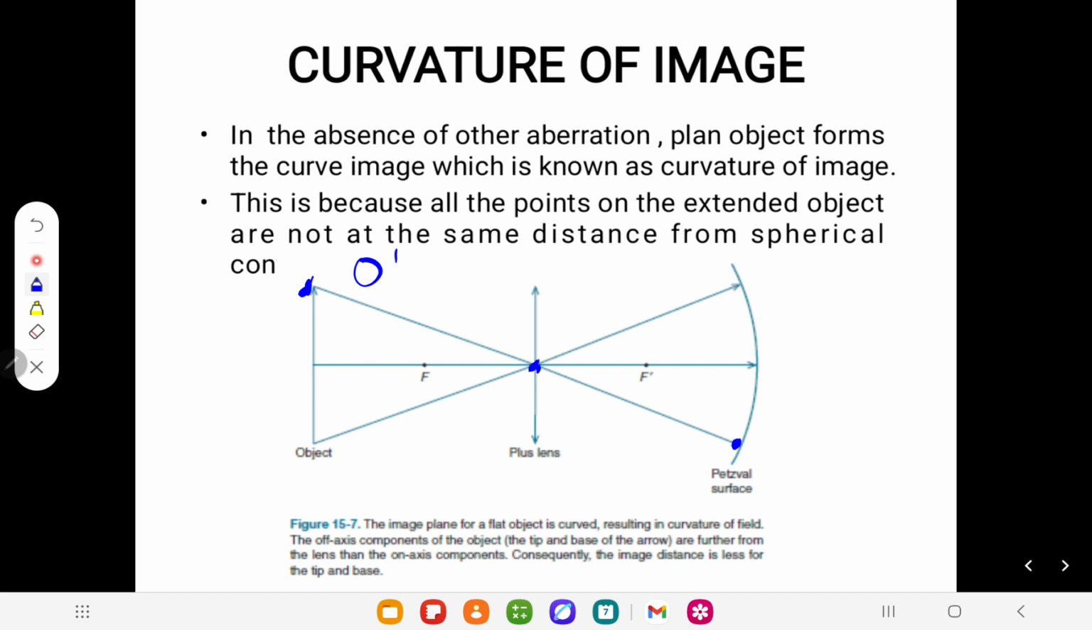Can't you think in this way? If object vergence is smaller, image vergence would be larger. If object vergence is larger, image vergence would be smaller in case of a plus lens, definitely. So that's why image vergence is equal to object vergence plus power, isn't it? L plus power. So in this case,